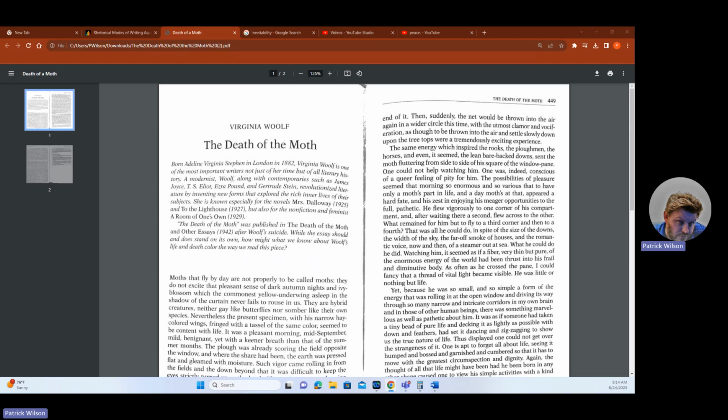She was very profound with novel writing, but she has her own style of narrative. It's called stream of consciousness. James Joyce, the Irish writer, also uses a stream of consciousness technique throughout some of his works. For some folks, it can be kind of confusing because you have to go back and reread sometimes what the author is trying to get across as it relates to the meaning. But Woolf's narrative style in this essay follows the stream of consciousness approach, allowing readers to dive into the narrator's thoughts and reflections.